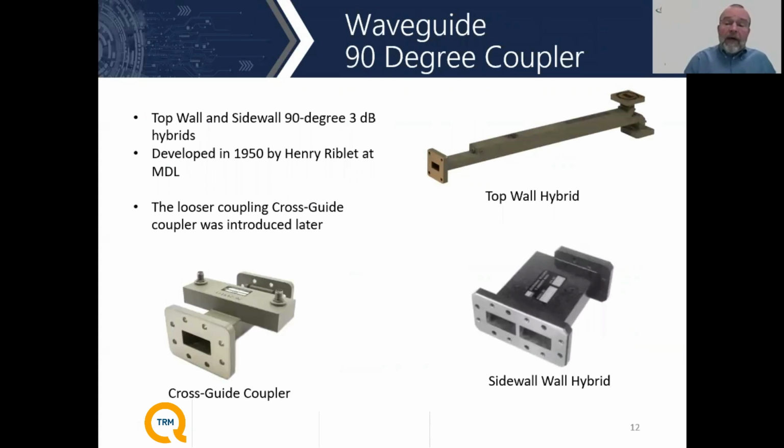Sure. So going back again to the waveguide technology, this was developed back in the early 1950s at MDL, and there are several different flavors of these 90-degree hybrids available. You see there are lots of different ways to have cavities leak energy into the other channel. You can either have it as a top wall hybrid, as what's shown on the upper right. Sidewall hybrid is what's on the lower right, and those give you a nice 90-degree phase shift with equal amplitude,